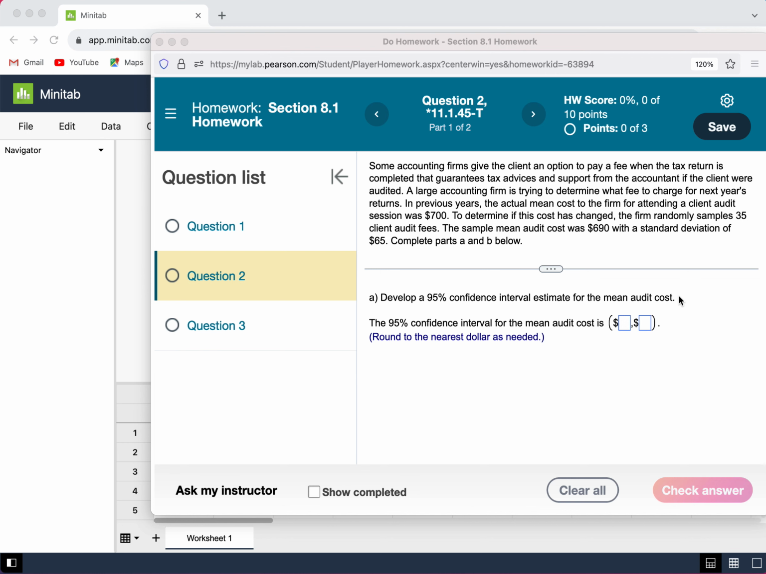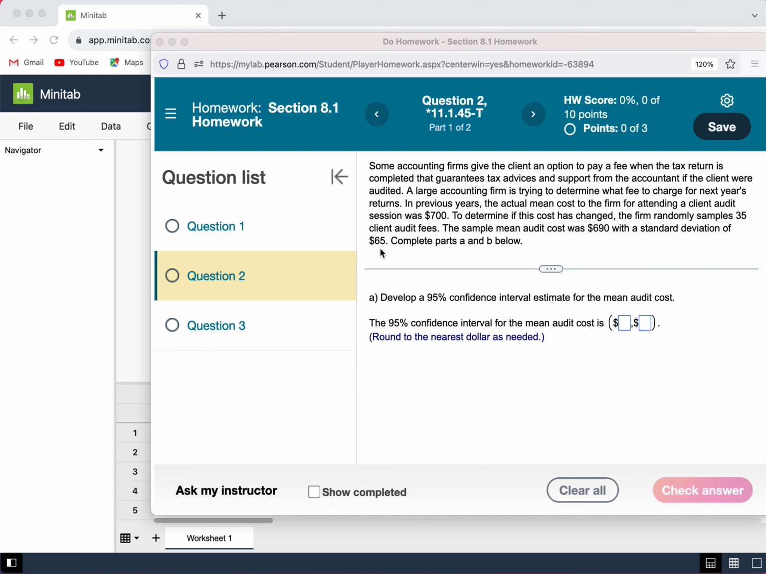So we're going to do this in Minitab. Things that we need to identify from the problem are our sample size, sample mean, our standard deviation, and whether that standard deviation is a known or population standard deviation, or if it comes from a sample. So I can see here my sample size is 35, and I have my sample mean of 690, and my